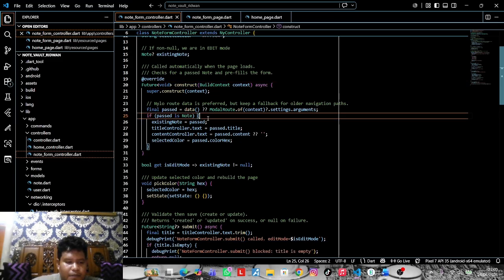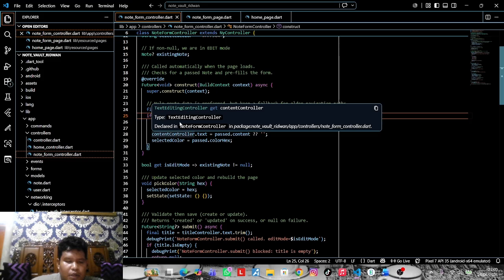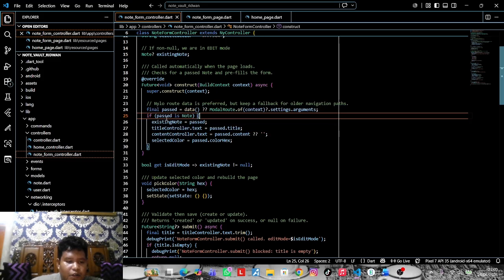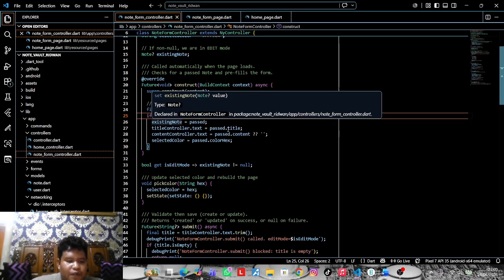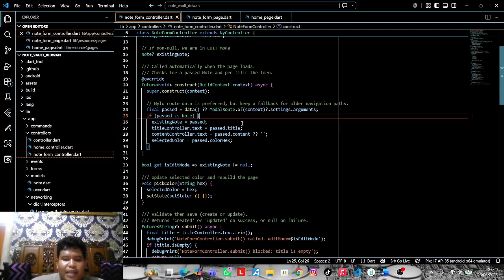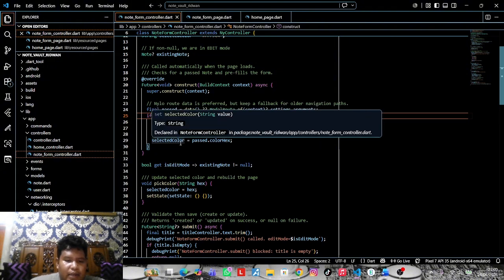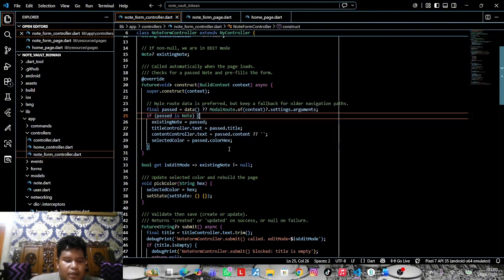This function, if node is retrieved, the application enters edit mode. The title, content, and color are automatically filled into the form.